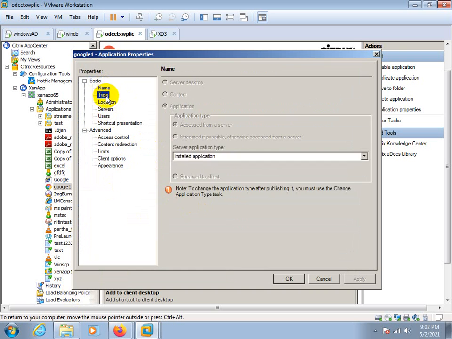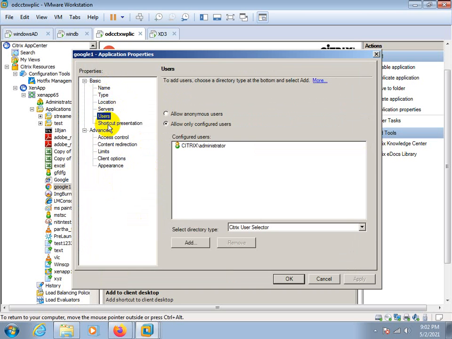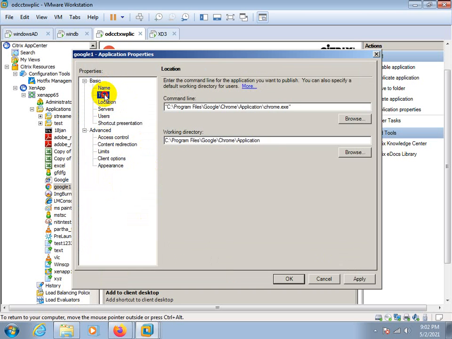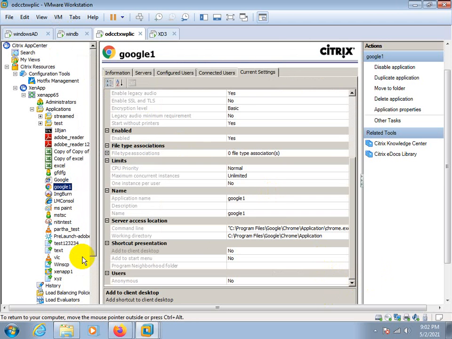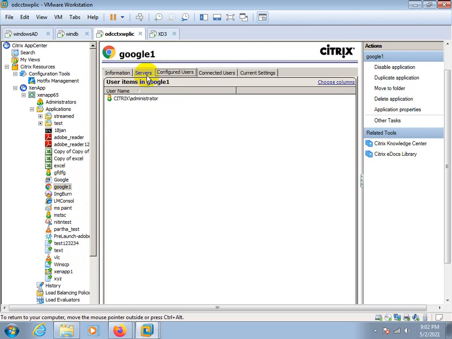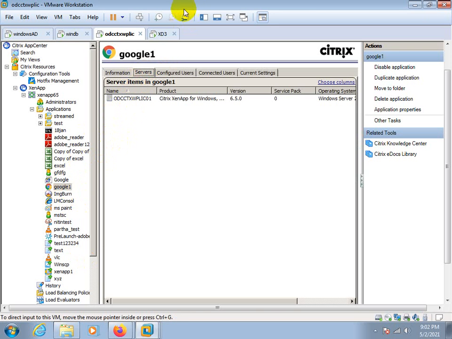You will get the details over here, the details you created at the time of creation: how to make an application, how to add or remove users, servers, and applications.